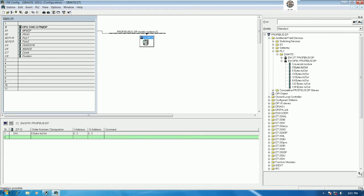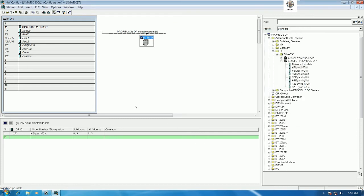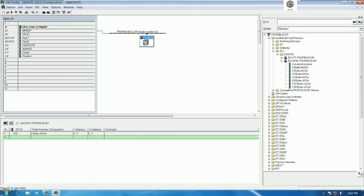Okay, and let's check the V memory. We will assign the offset also. So for PLC S7-200 Smart, I will start from V0. So that's all for the configuration of PLC S7-200 Smart Profibus. So let's save the project. And the next step, we need to